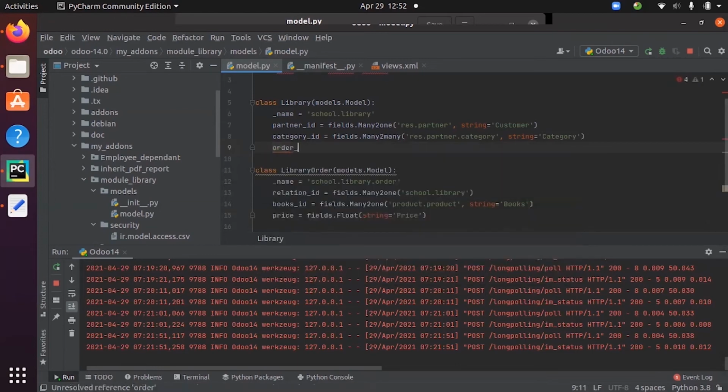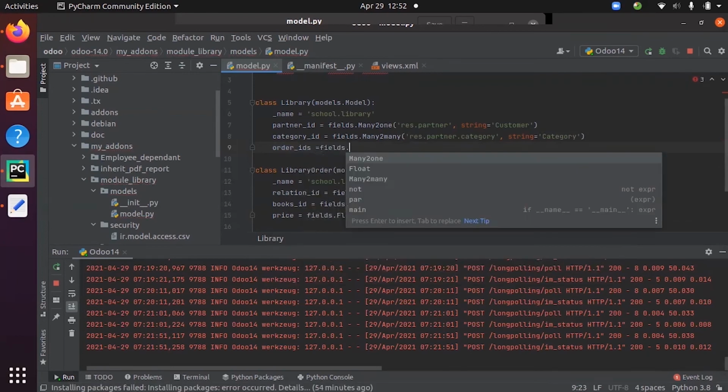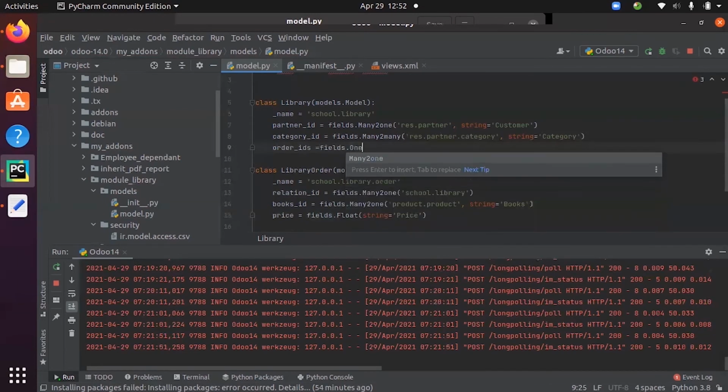So that is order IDs equal to fields dot one to many.